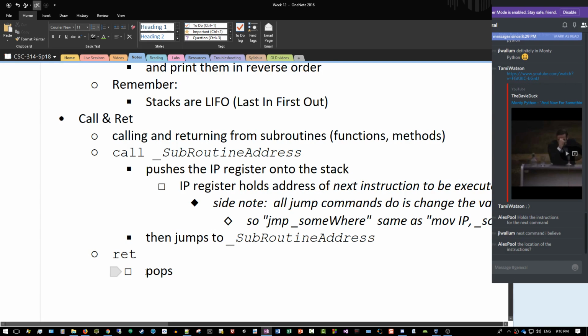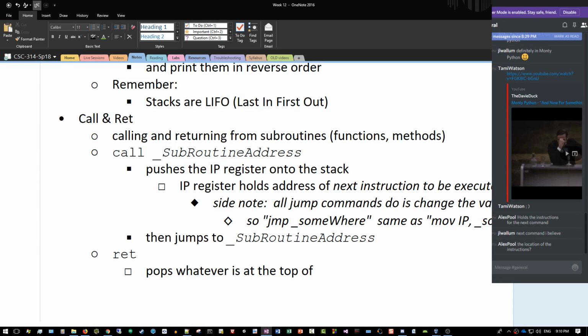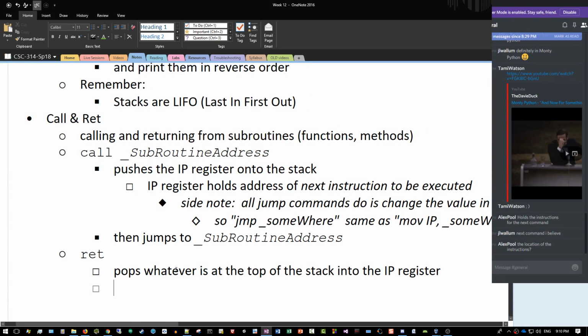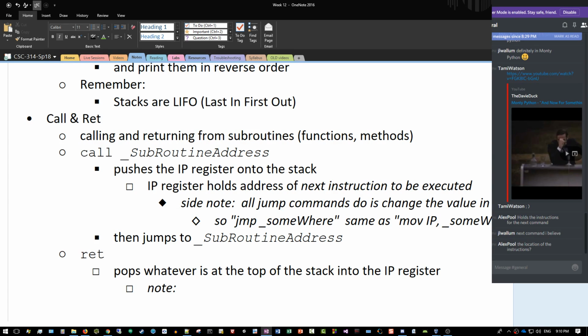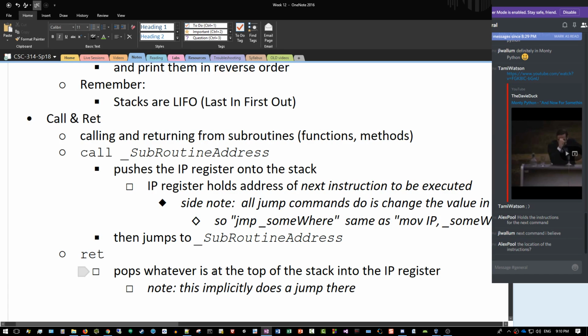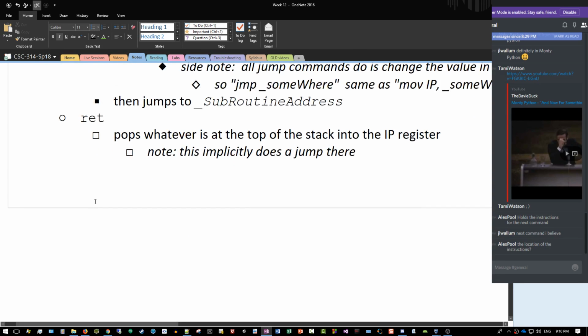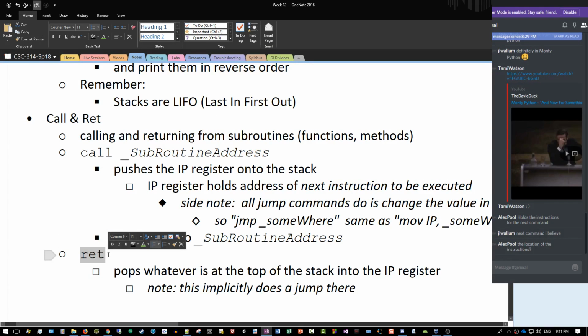So ret just pops whatever is at the top of the stack into the IP register. So kind of as a note, this implicitly does a jump there. Okay, so notice when you use the return instruction,